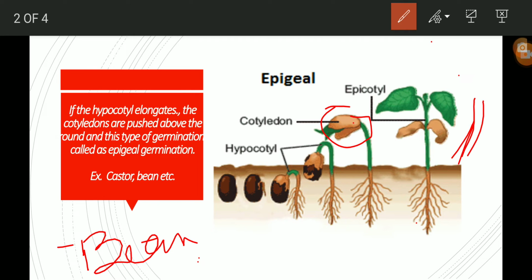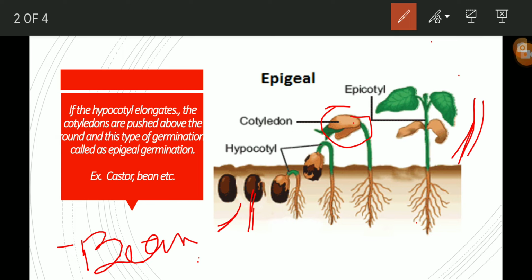In this, what will happen, suppose this is a bean seed, the bean seed will absorb water and swell up. That is the first sign of germination. It will swell up, the seed coat will rupture and come off. I have told you, each seed has a radicle and plumule. That radicle grows into the root system and the plumule grows into the shoot system. If you have seen my earlier videos, then you will be able to understand, students. So first see all the previous videos, then see this epigeal and hypogeal germination.